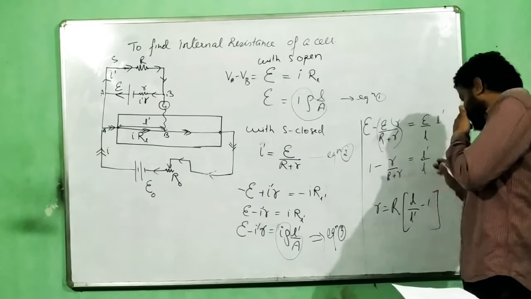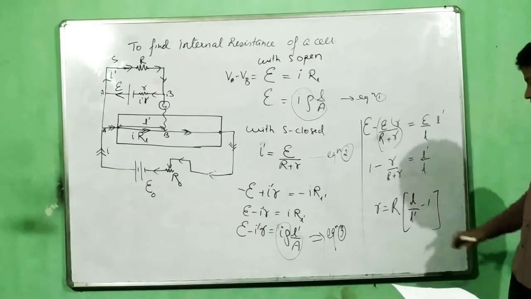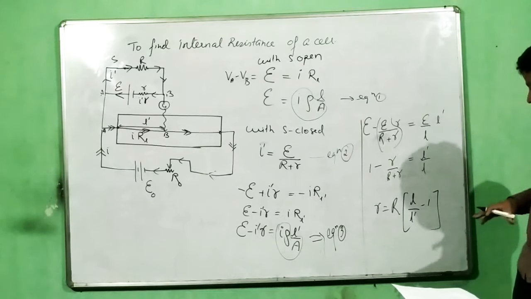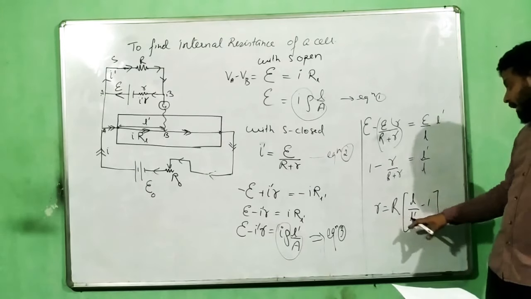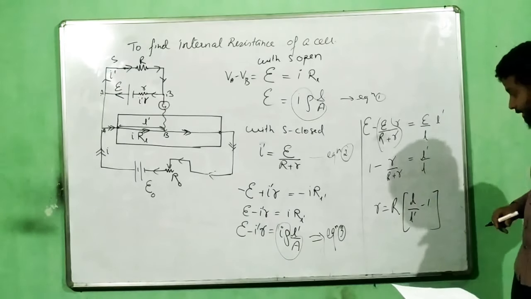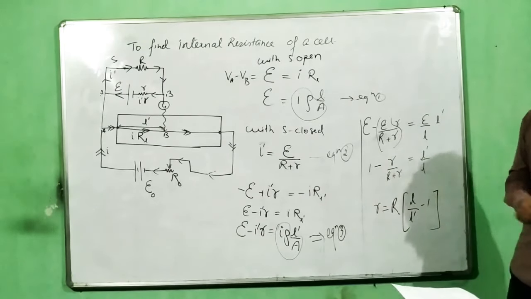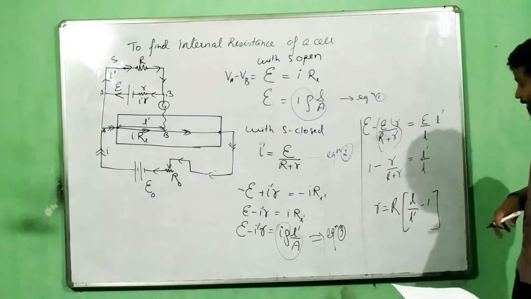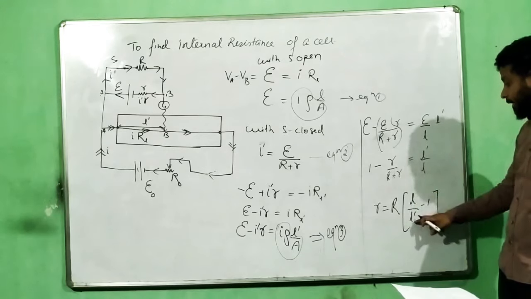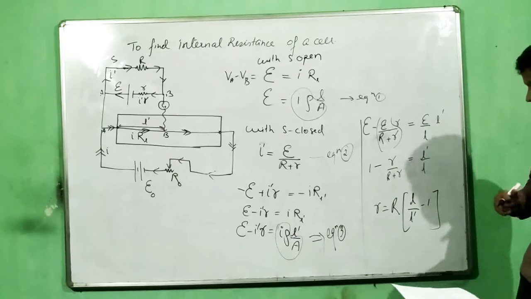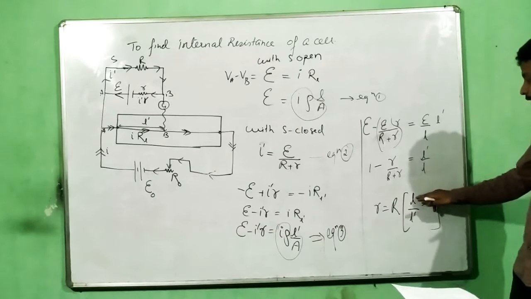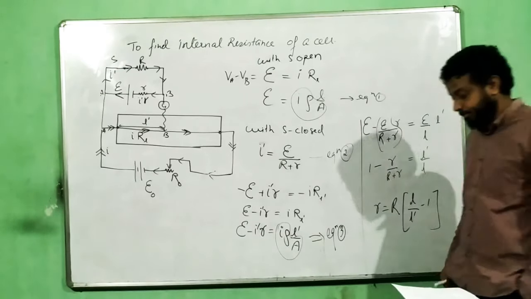You can just simplify from here. I don't have space, so I am not doing it. I don't want to rub this because it has many pieces of information which I want to share with you. So r is equal to R times L by L dash minus 1. Now remember one thing over here, the first important thing: this r has to be positive, resistance cannot be negative. If resistance has to be positive, it means that this ratio, L by L dash, must be more than 1, otherwise it becomes negative. So if L by L dash is more than 1, it means L is more than L dash.